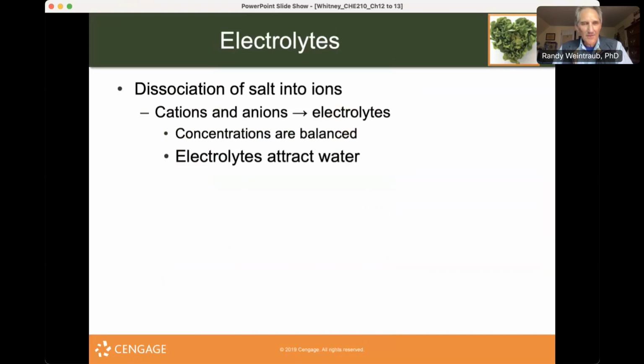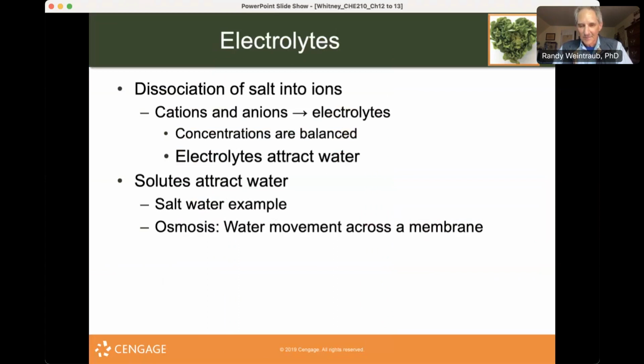Electrolytes also, very importantly, attract water. They actually help water move inside, outside, across membranes. Solutes act to attract the water. So we'll see an example there. And the chemical word that you need to know, the chemical process, is osmosis. This is the movement of water across a membrane. Proteins are very much involved also. They also, like electrolytes, attract water, and that's mainly because of the charged portions of these proteins, larger molecules.